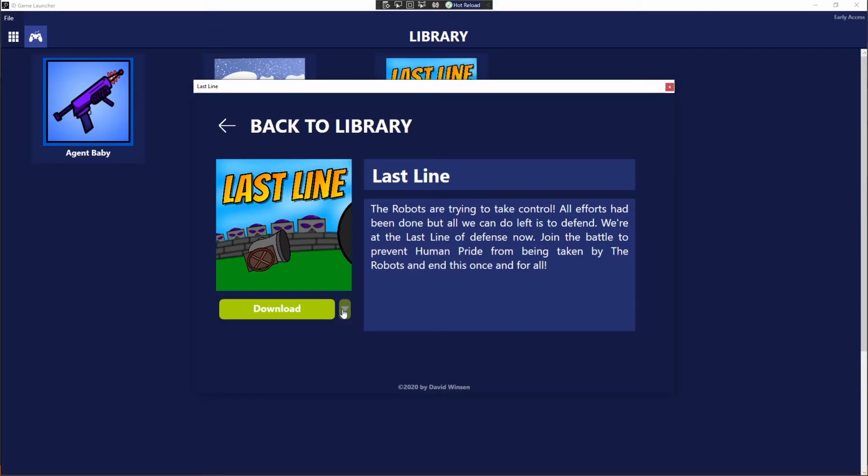And now you'll notice that this button is kind of faded out because the game is no longer installed on the computer, and so we can no longer press this button, because it wouldn't make sense to uninstall a game that doesn't exist. So right now, moving on,